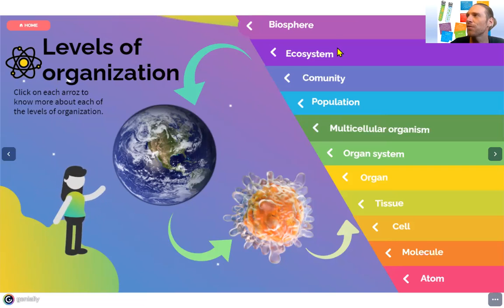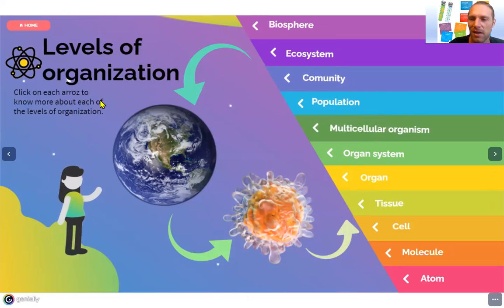And then the biosphere is, in fact, everything on planet Earth where life is happening. We call the rest the dead zone. If you go to Mount Everest, more or less at 6,000-7,000 meters height, there is no life anymore. So it's everything from 6,000-7,000 meters high until the deepest fish in the ocean. It's the whole layer on planet Earth where life is happening. Okay, any questions about this?